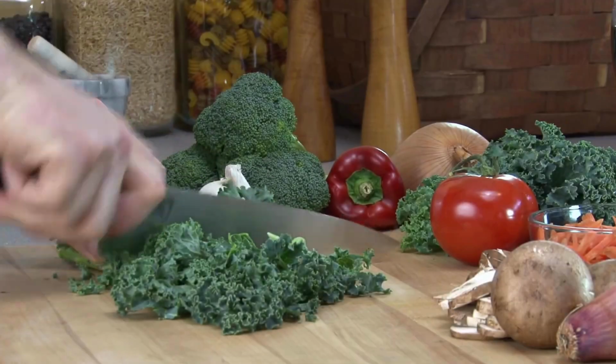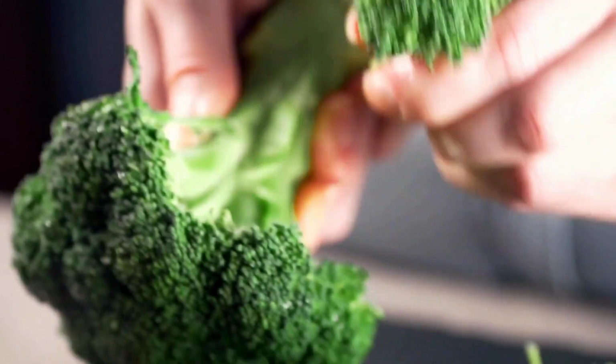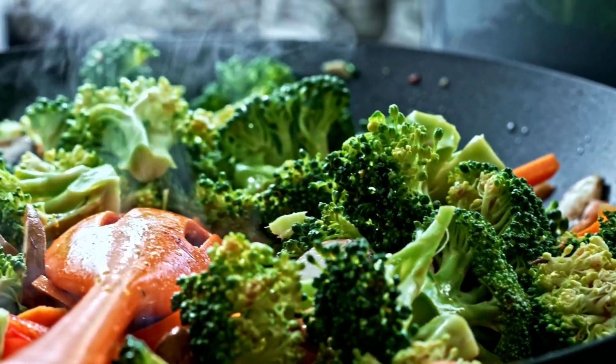Food group number 1, dark leafy greens like kale, spinach, or broccoli, because they're packed with vitamin E and a compound called sulforaphane. Both of these nutrients have been shown to reduce prostate inflammation. So load up on those greens as much as possible, and better yet, pair them with other veggies that are high in antioxidants like onions and garlic. These are also effective at reducing prostate inflammation because of their high sulfur content. Also, the high amount of antioxidants in garlic will help to protect your body from oxidative stress that can lead